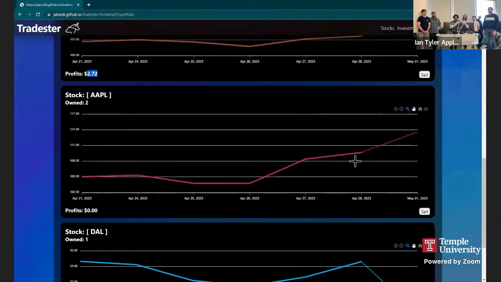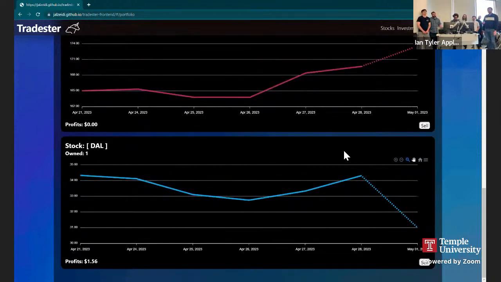I have 2 shares of Apple stock that I bought, well, I say bought, but it's all a simulation. I got those Friday after market close. So you see here that there's no profit because there was no prediction generated yet, or there's no new data yet. And if I go down to the last stock, I see here that for this one, I